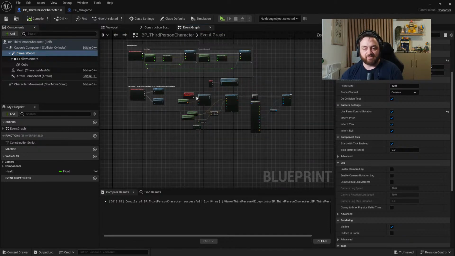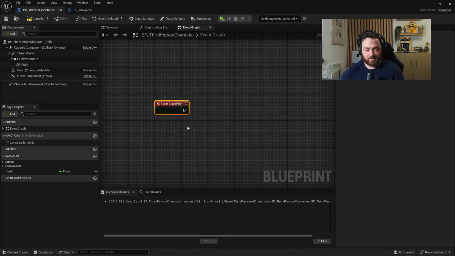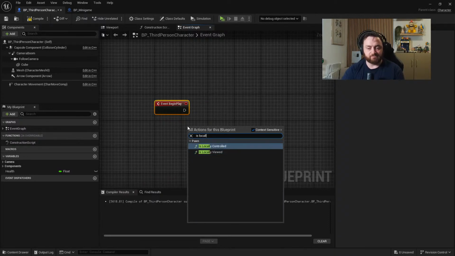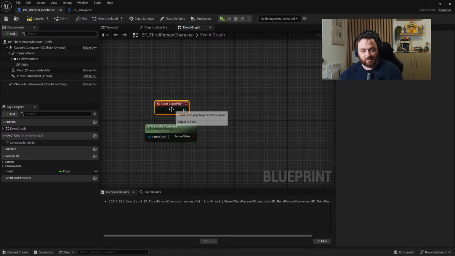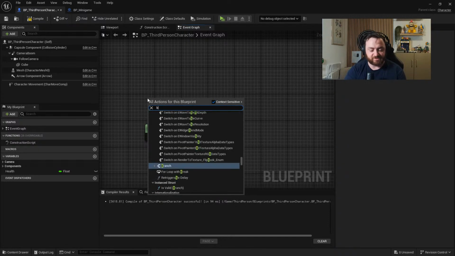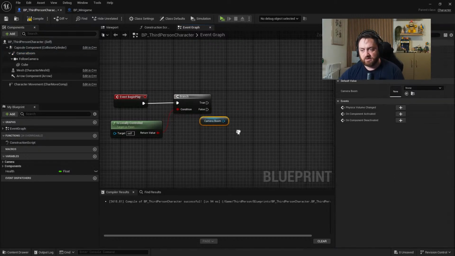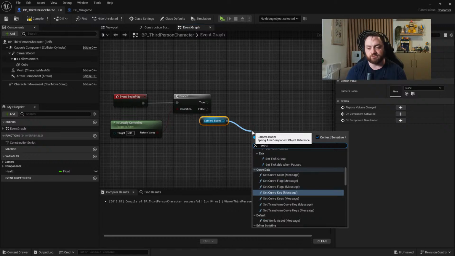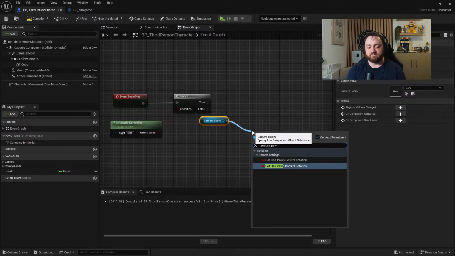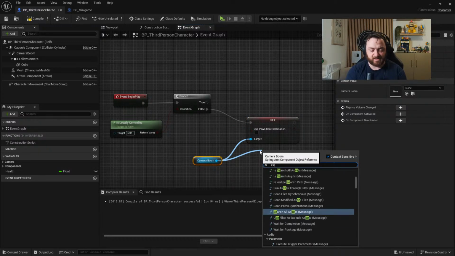So on begin play of this character, we say is locally controlled. Actually, I'll put on possession. Actually, no. Control begin play, because everyone needs to see it, don't they? Is locally controlled. Put that on there. Sorry, if it's false, I want to tell the camera boom to not use the pawn control rotation. Okay. So set use pawn control rotation to false, and same for the other ones as well. Set inherit